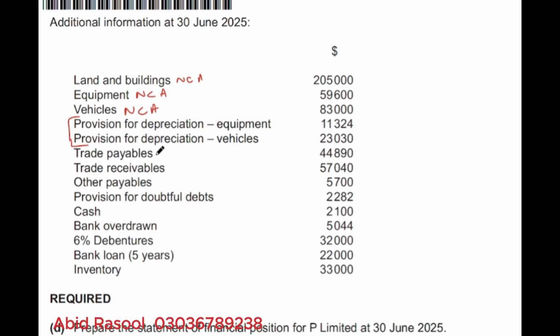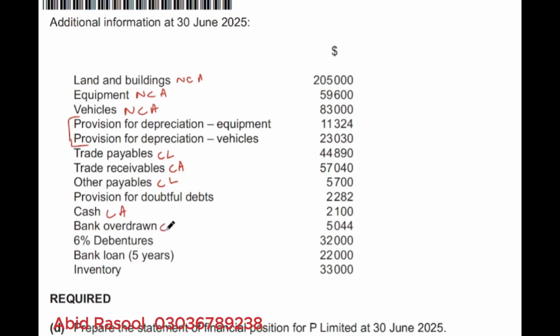Trade payables, it is current liability. Trade receivables, current asset. Okay, other payables, this is also current liability. Provision for doubtful debts, this is about account receivables. Okay, and cash, current asset. And